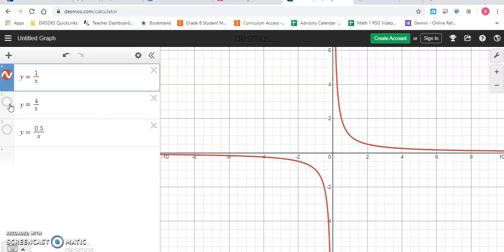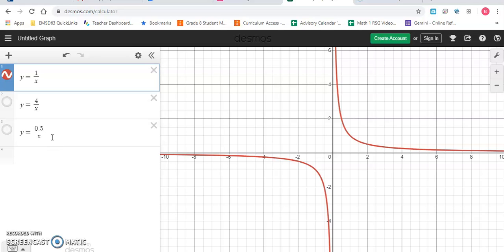And sure enough, if you continue to graph the rest of that, that's exactly what happens. You'll notice the asymptotes are the same. X equals 0 is an asymptote, y equals 0 is an asymptote, which means the domain and range are the same. Both of them are all real numbers except for 0. But you see that blue graph, all those blue points, they're farther from the origin, farther from the axes than the parent function was. So we'll take one more look here, this time at y equals 0.5 divided by x,